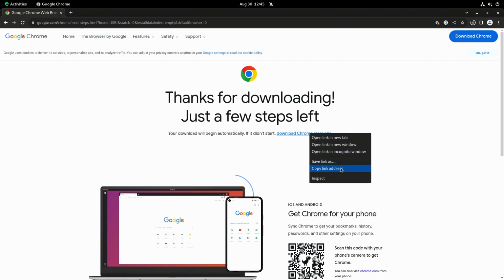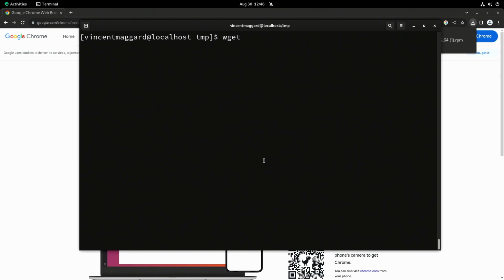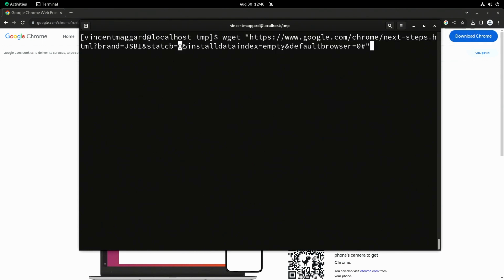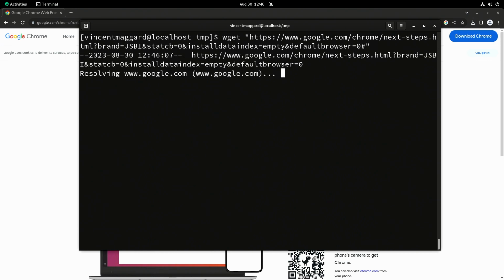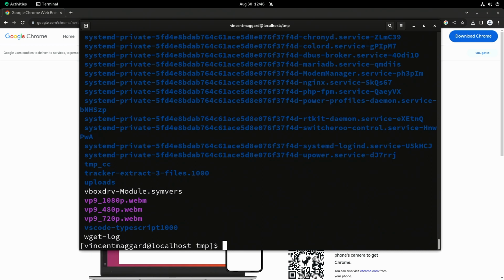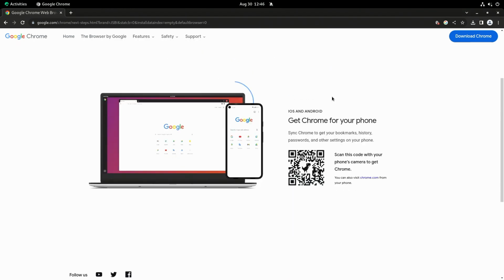I think I can use this as a direct download link. There was a way to do this with Chrome in the past. So I'm going to put this in quotes because it's got an ampersand in it, and that would confuse things. And let's just see what happens. So I think it actually didn't download right. Well, anyway, maybe it's a bad example because that doesn't work anymore.